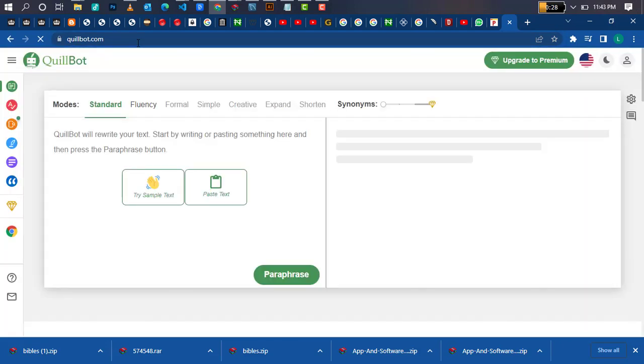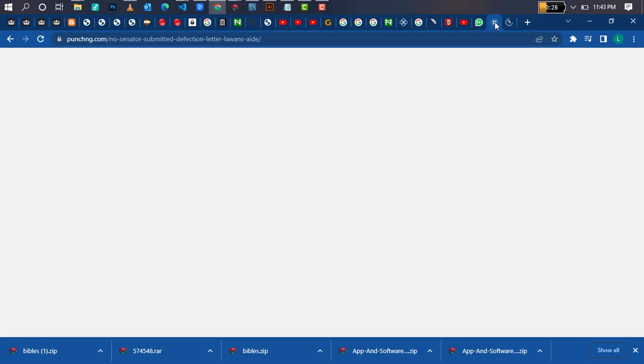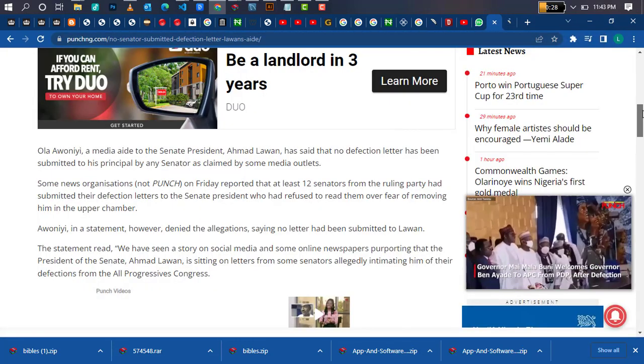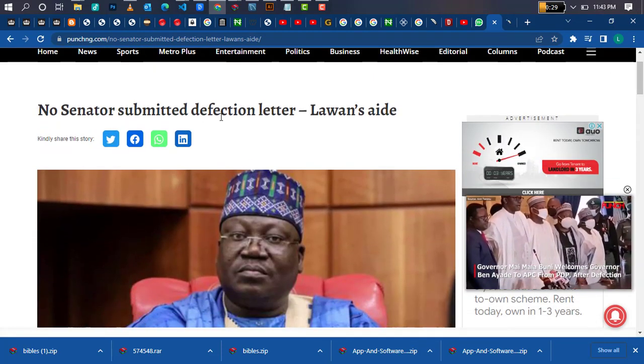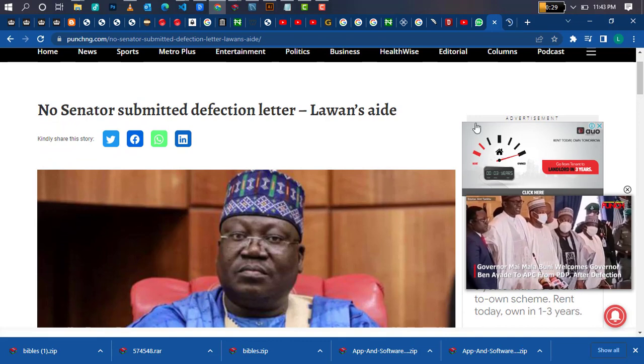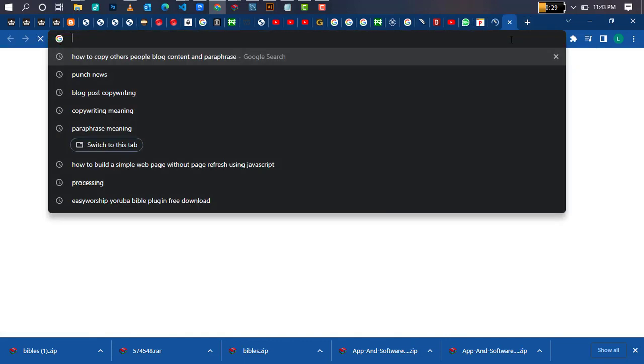All right, this is a simple website, but it's actually a bot that can help you paraphrase any content. So for example, you can click on any content online. Look at this now: "No senator submitted defection letter, Lawan's aide." This is a speech made by someone, or you can even search for the latest news. Let's say ASUU